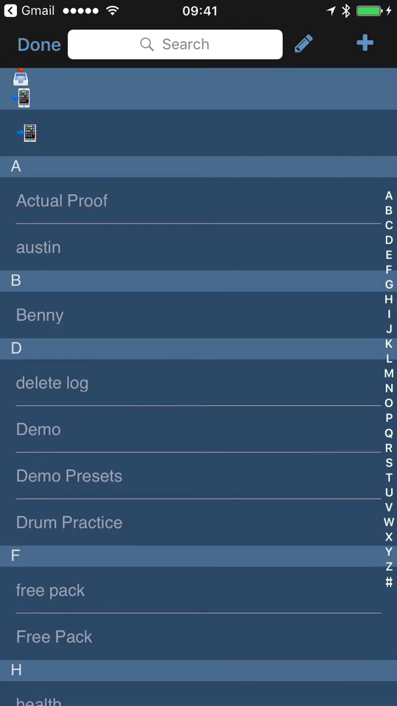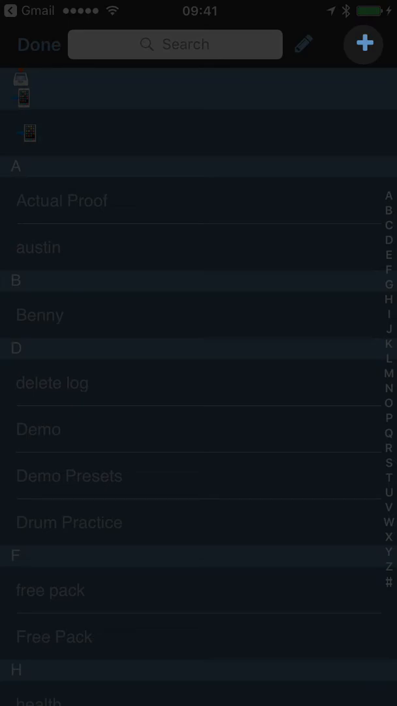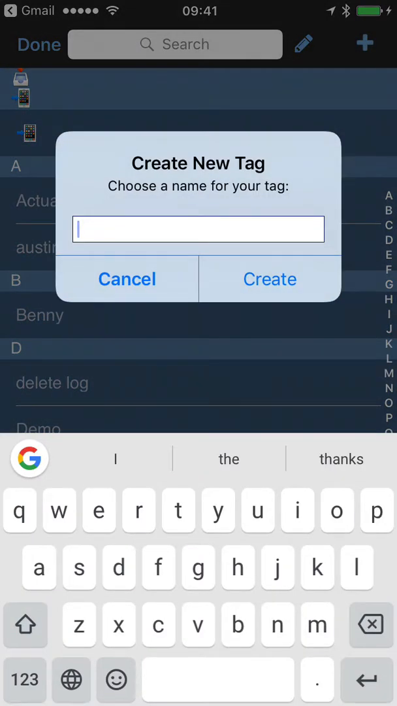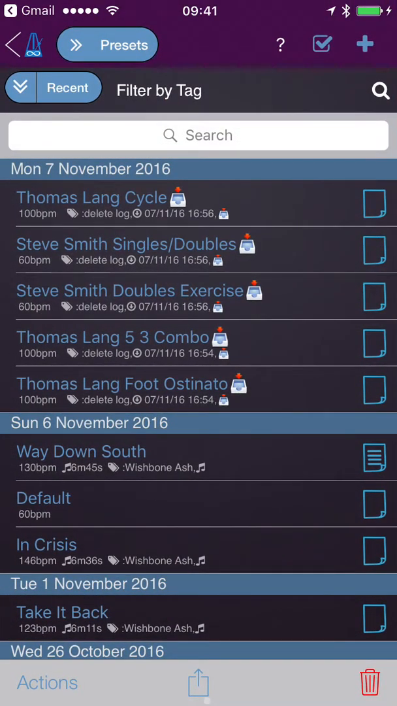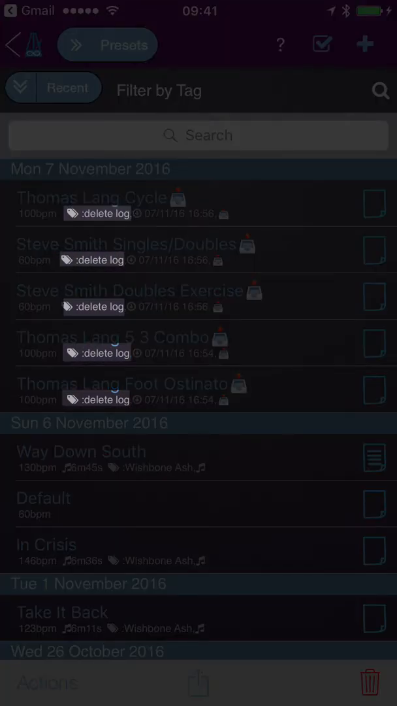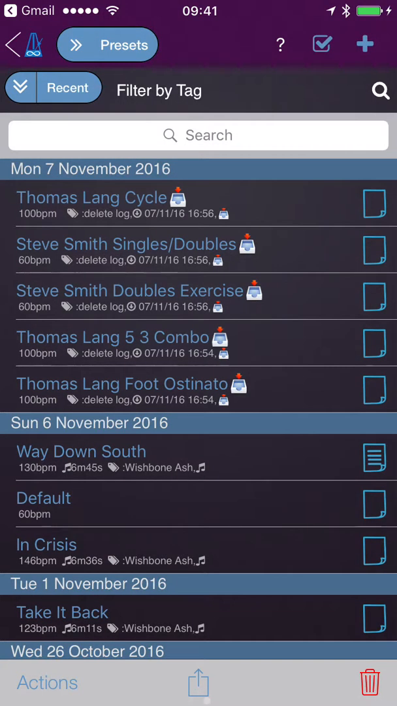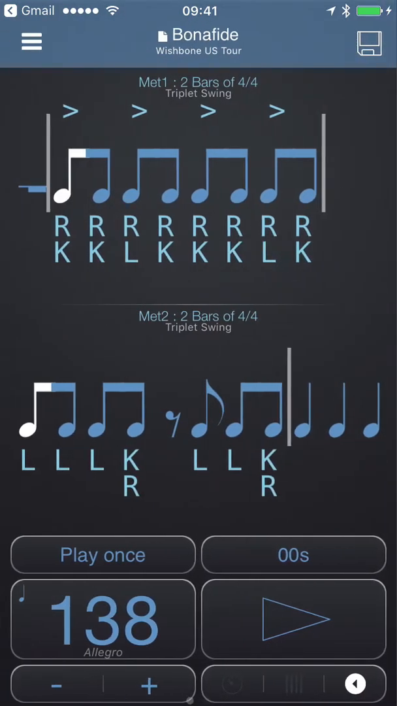You can create a new tag by tapping the plus icon in the top right and then choosing a name for your tag. I'm going to assign the delete log tag by tapping it, and then I'll hit done. So you'll see that now these 5 presets have the delete log tag assigned to them. If we now go back to the practice log,